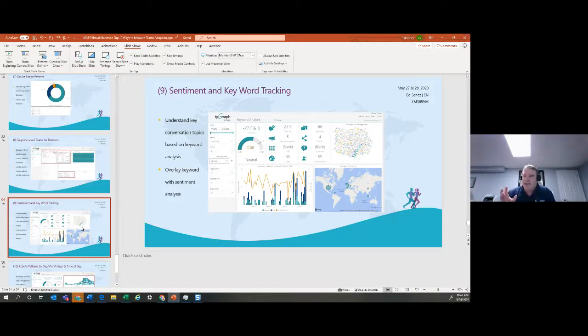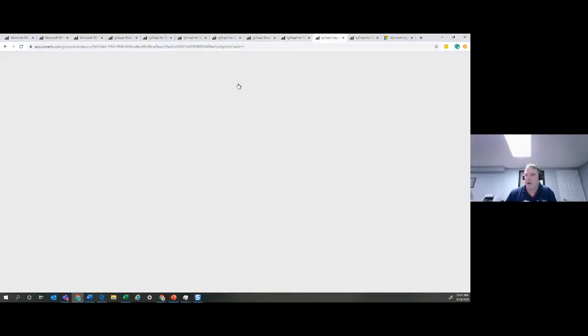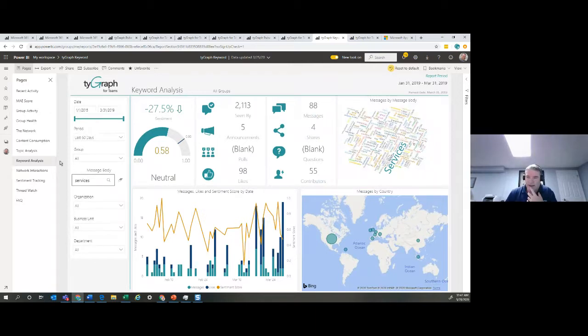Two more, one, sentiment and keyword tracking. So again, best to demo this. And this was born out of the events that have happened. Now, COVID wasn't part of the lexicon when this demo data set was built, so I'm using services to illustrate the point.